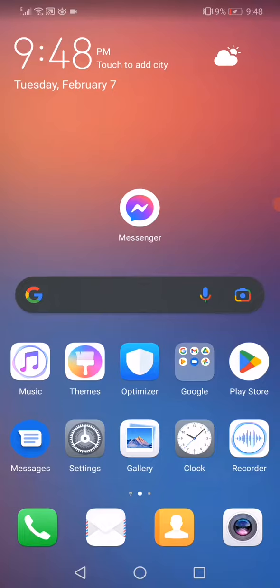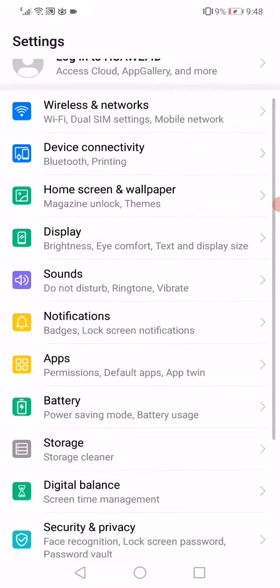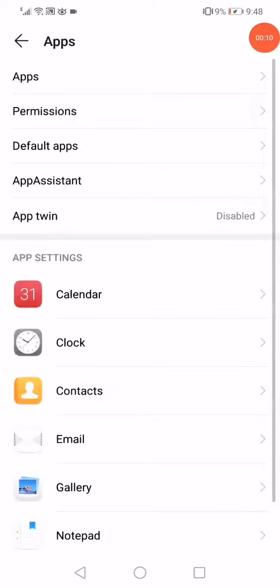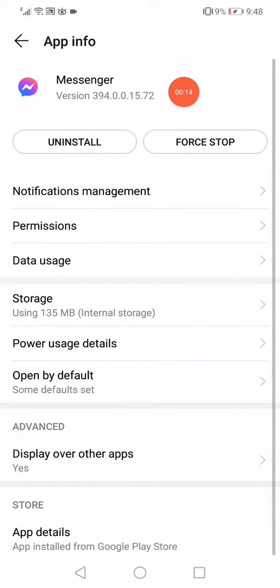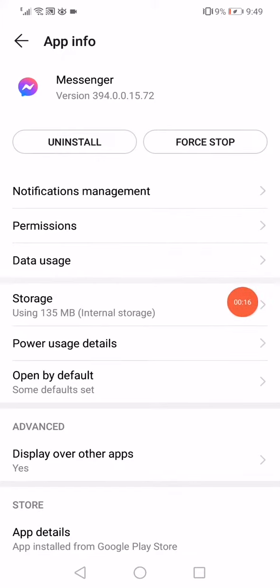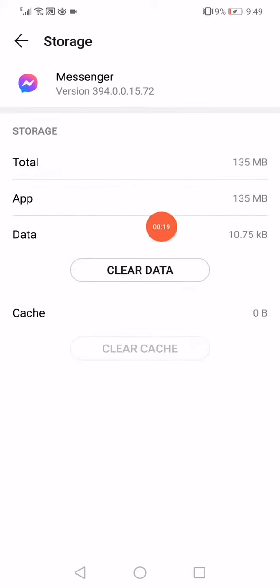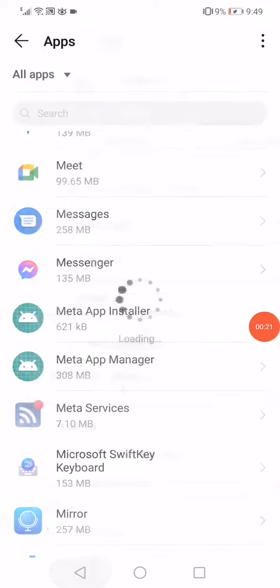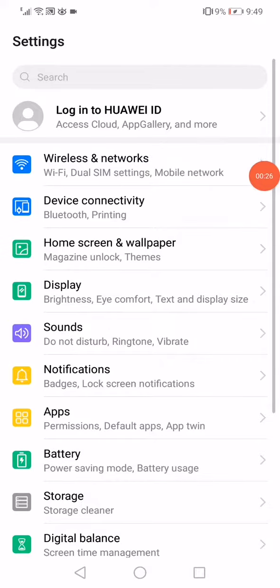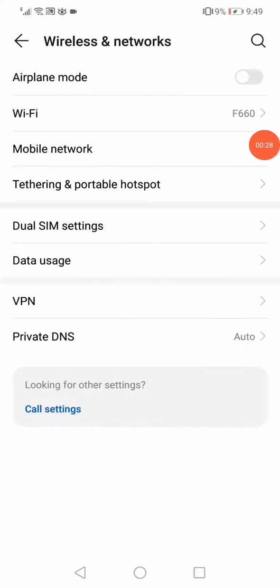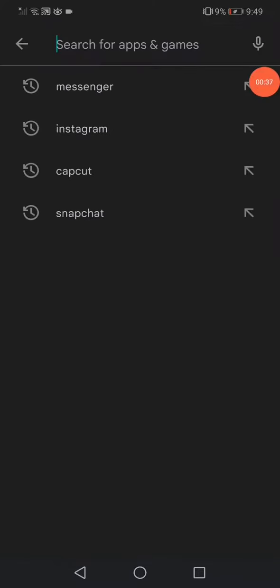Hi guys, so the first thing you want to do is go to the settings, go to the apps, open the apps like this, and then go to Messenger, click on force stop, and click on storage, click on clear data and clear cache. Go back to the settings on your phone, go to the wireless and networks, click on the airplane mode, enable it for 2 seconds and disable it, and then go to the Play Store, search for Messenger